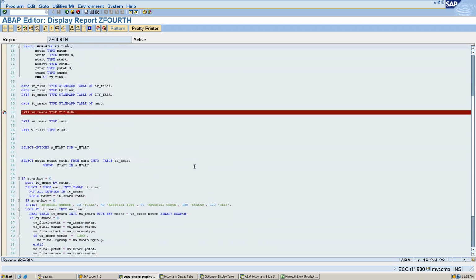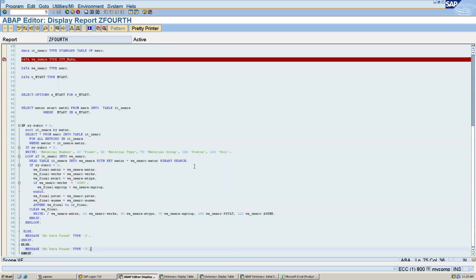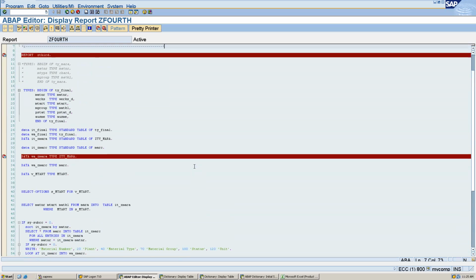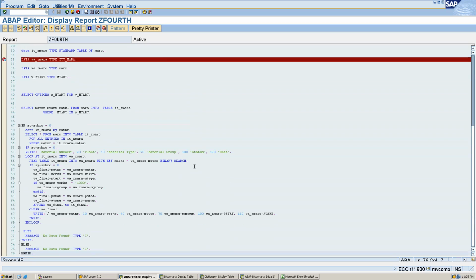Now in this class, I am going to start modularization. We will create forms, performs and includes. You can see the program size is getting longer. If we put all the code into this one report only, after some time it will be very big and difficult to understand. So it is better to apply some modularization technique to this program so that it looks fine. There are two ways: one is structured, another is OOPs. First we will see structured, and slowly we will move to OOPs.